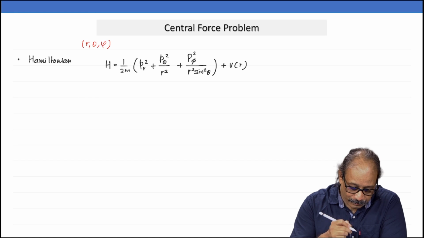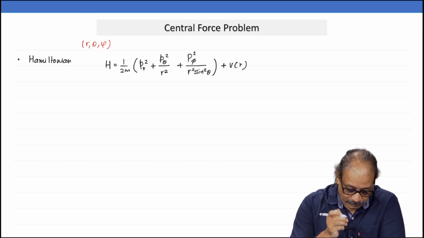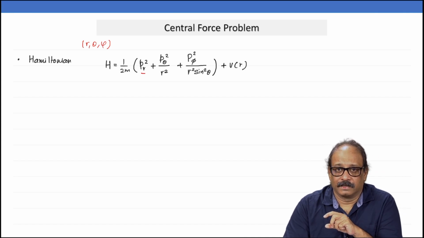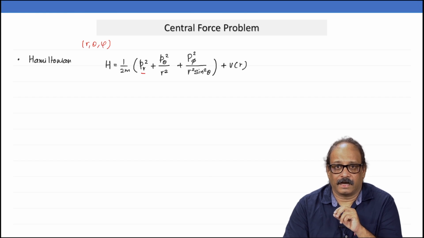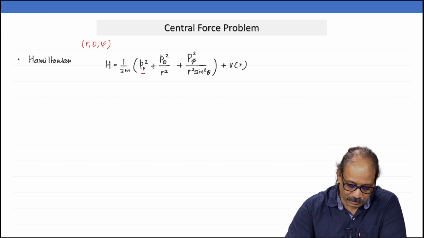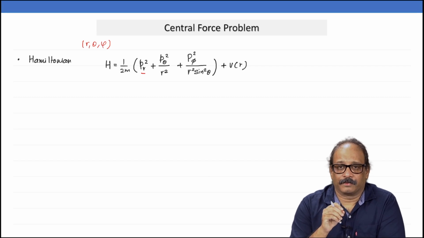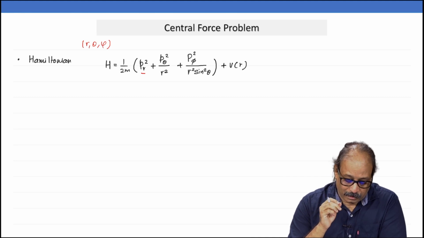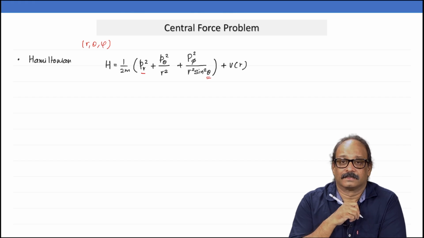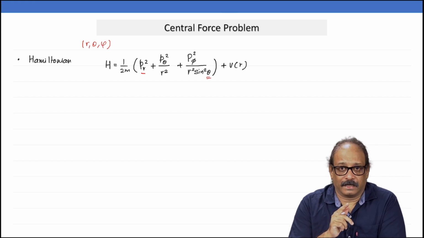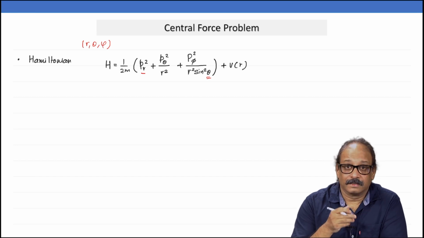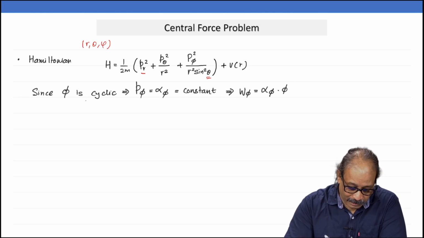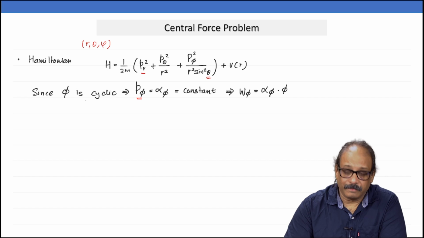Okay. Now, the corresponding Hamiltonian is p r square plus p theta square by r square plus p phi square by r square sin square theta, and plus of course, whatever that potential is, but remember that potential does not depend on theta and phi, the angles. Now, theta of course appears here. Since theta appears there, it is not cyclic, but phi is cyclic. So, one possible separation is immediate and straightforward. If you look at phi, then your p phi will be a constant of motion.